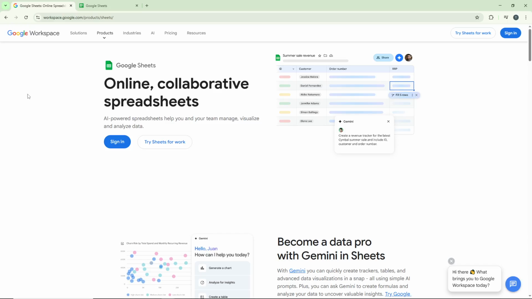First, you'll need to navigate to workspace.google.com and log into your account. Make sure you're using the credentials associated with your Google Workspace, as this is where all your spreadsheets and documents are stored. Once you've successfully logged in, you'll land on your Workspace dashboard where you can see all your recent